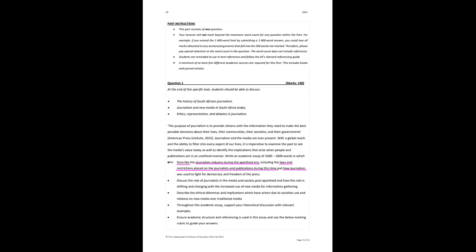So if you are careful and make sure that you find the right pieces of information, it is actually a very simple part of the essay. But what's important here is to look at firstly what the government did to control us, but then also what the journalism industry did to fight against apartheid. Because the reality is that during that time, we know that the media was used as a tool to go against the apartheid regime. Okay.